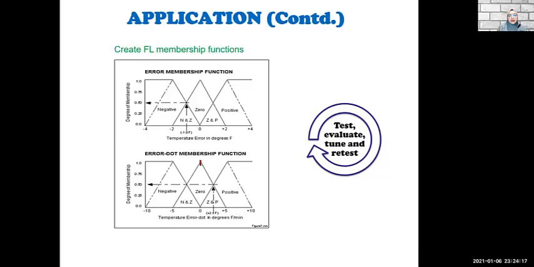This is just a simple example of the fuzzy logic membership function. Okay, after you have designed the fuzzy logic membership function, now you need to test, evaluate, tune, and retest to make sure that your fuzzy logic system works well enough to control the devices.